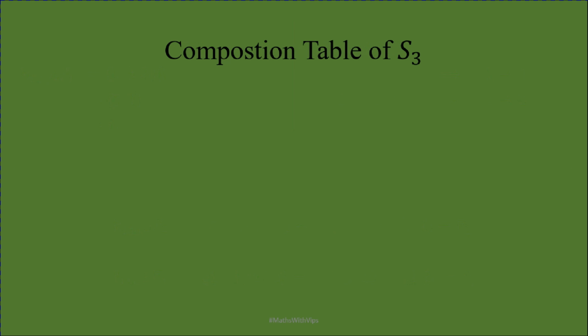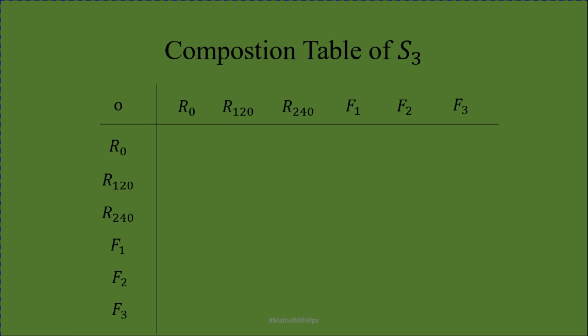Coming to the major part of this, a composition table. Let me just tell you that the composition table is a lot of help for finite groups. For the composition table, you need to have a matrix arrangement wherein the rows and columns are nothing but the elements of your group. So in this case, we have 6 rows and 6 columns.